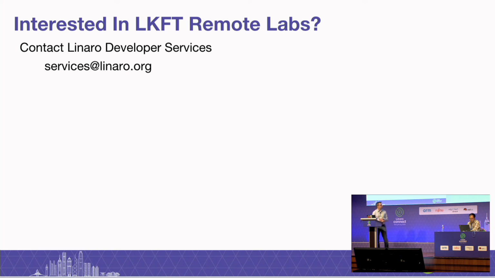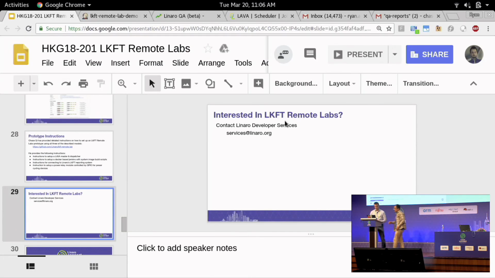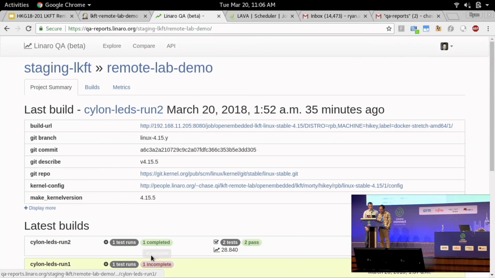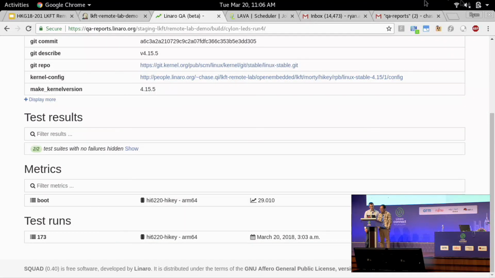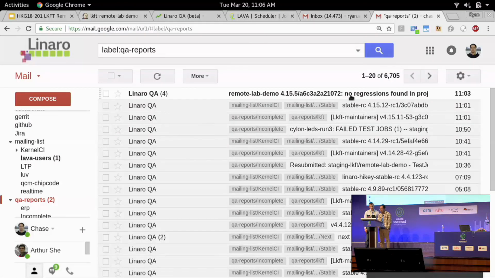All right, so what do we have on the demo, Chase? Is it executing now? It's still downloading the root file system. So this will take a while. But the last job is finished, and we already can see the results in the dashboard. Now this one, it should be the fourth. Yeah, the results here, you can see it on the dashboard, and I should have received email reports. Yep,